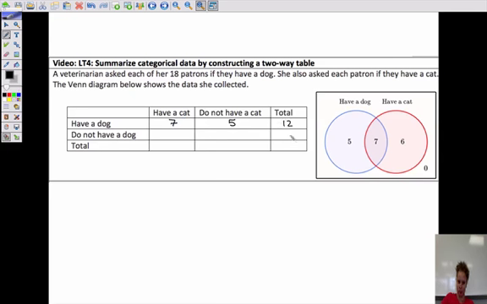Yes? Good. This box would be the people that have a cat but don't have a dog. So it would be these 6 here. And that would mean that there are 13 people that have cats. Since there are 0 people that have no cat and no dog, then that means there are 6 people that don't have a dog and 5 people that don't have a cat. And the total people would be 12 plus 6 or 13 plus 5, both totaling 18,